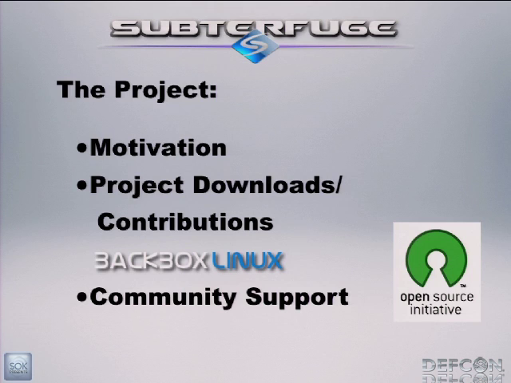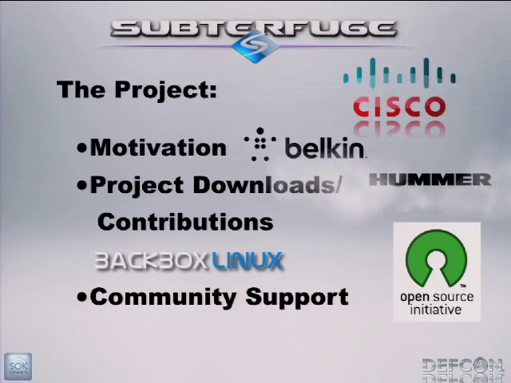Subterfuge makes it obvious to anybody, no matter how tech savvy or non-tech savvy you are, just how vulnerable you are on the network and exactly what you're getting. So rather than just, oh, somebody's man in the middle, he's seeing my traffic, what does that mean? We actually display, here's what you got, here's something else you got, there's a real risk and here's the threat. So hopefully that's going to make consumers demand some kind of protection in their routers. And those protections do exist. Router companies just haven't given them out to consumer level routers. So hopefully when consumers start demanding that, router companies like Belkin and Cisco and